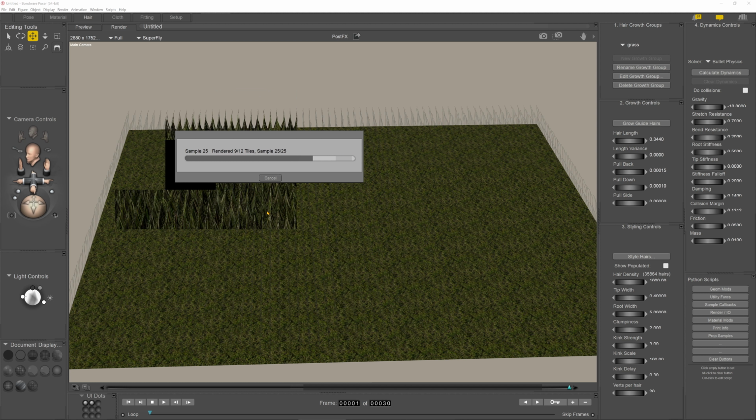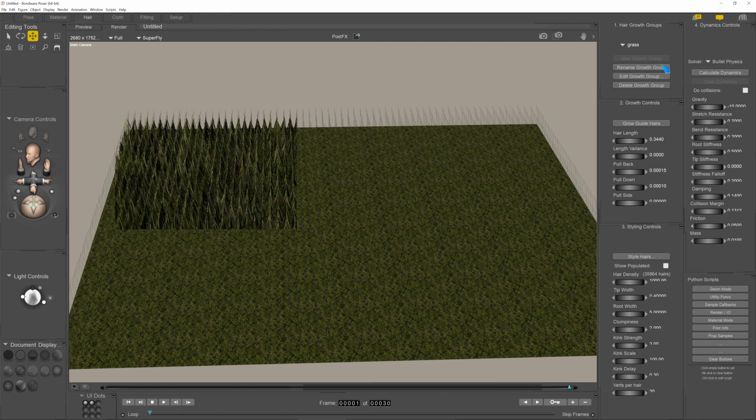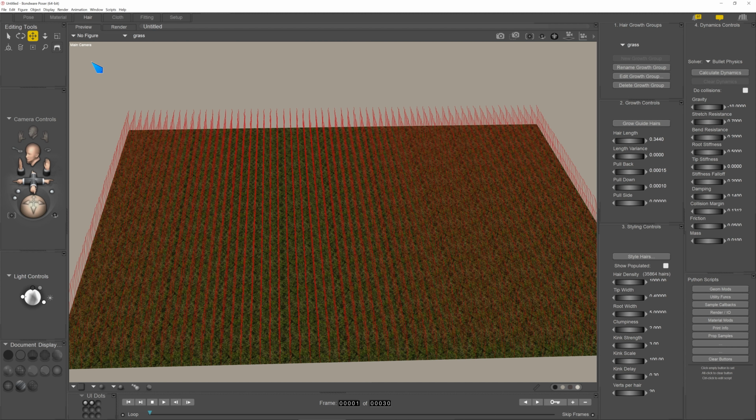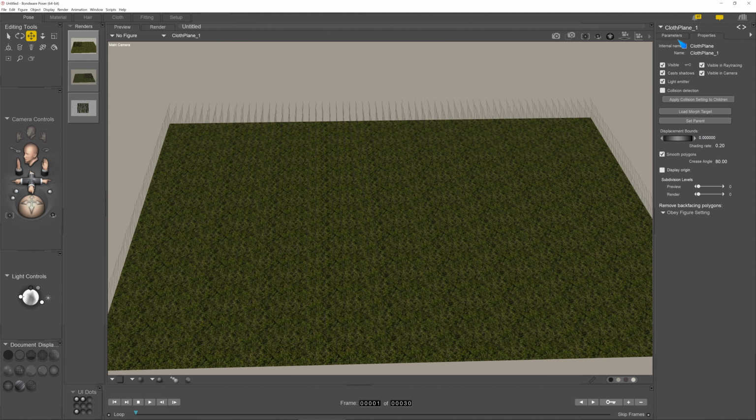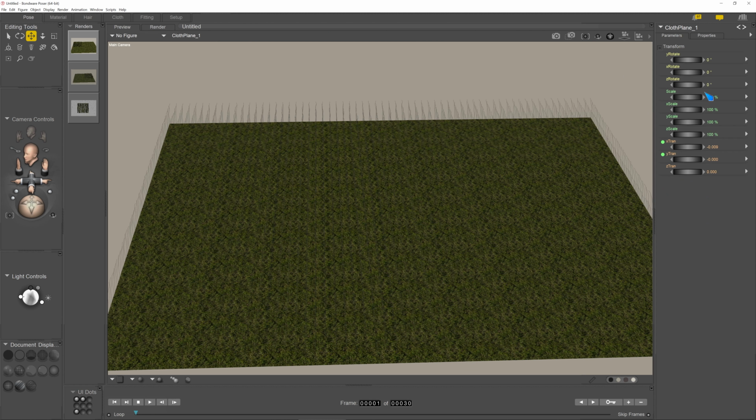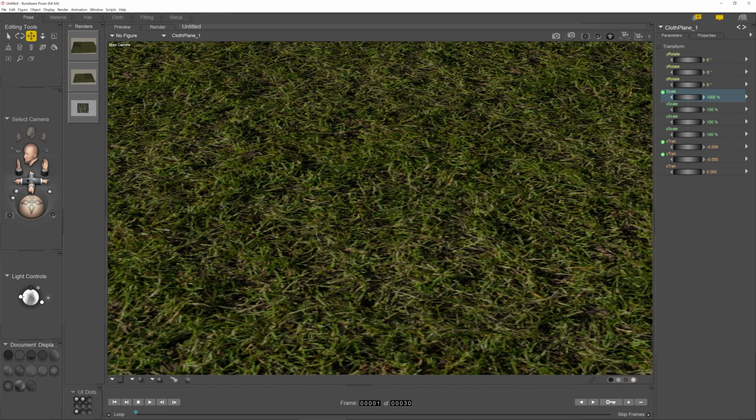That looks pretty good at that scale, yes? Now, if I change the size of the grass group, of the cloth group rather, if I change the scale to, let's say, 1000%,